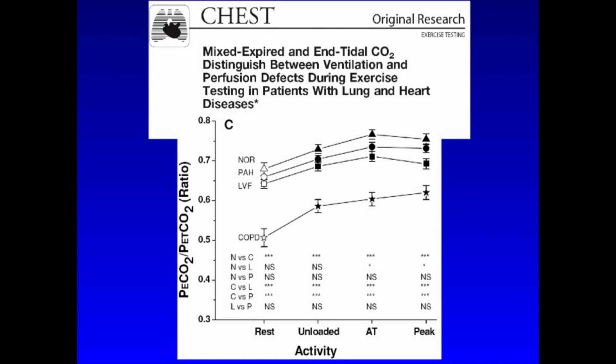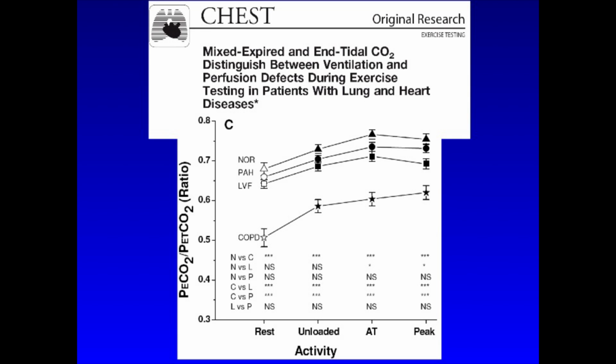And in terms of the pattern of exercise gas exchange, this is a paper that came from our center also, where we looked at patients who had COPD, heart failure, PAH, and normal. And the reason for this is because those patients with heart failure on the left side and COPD also have exercise intolerance, and they also have abnormalities in gas exchange. But you see here